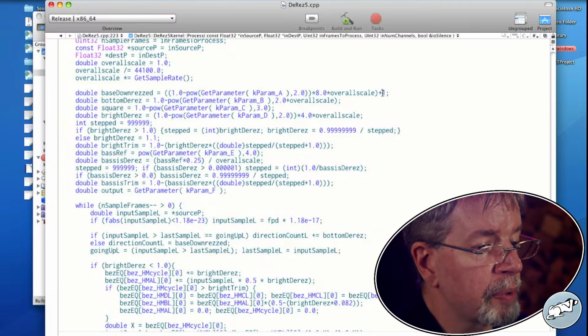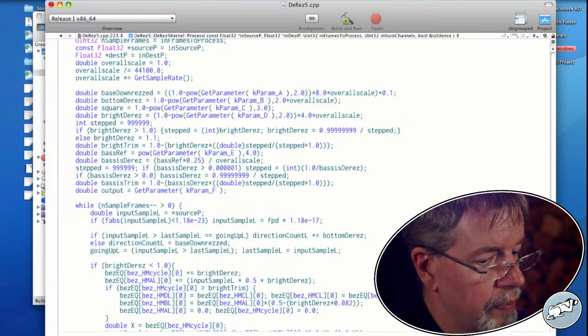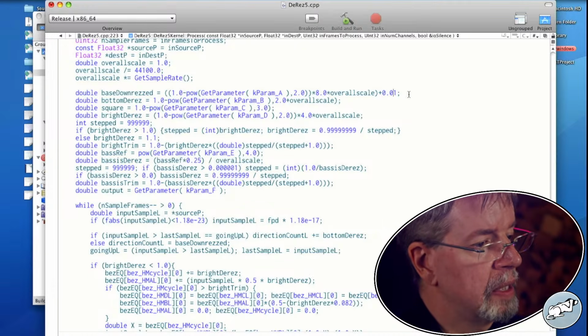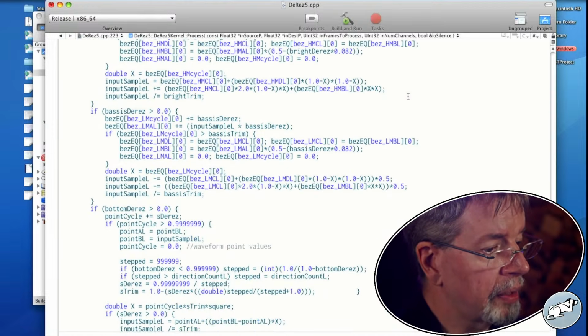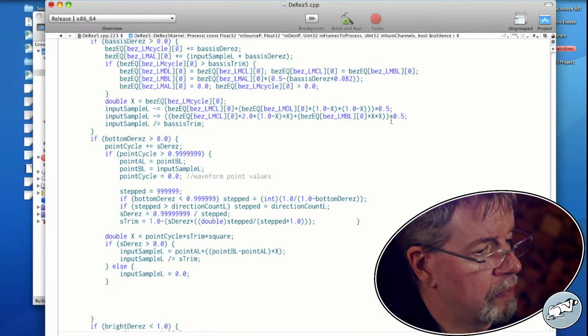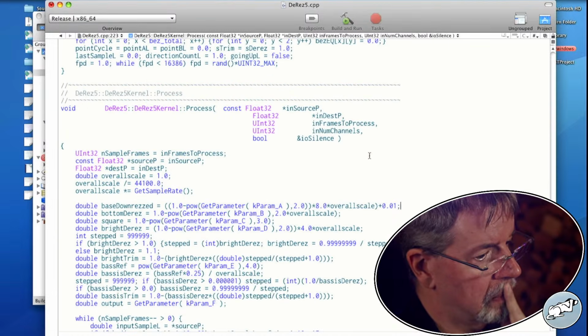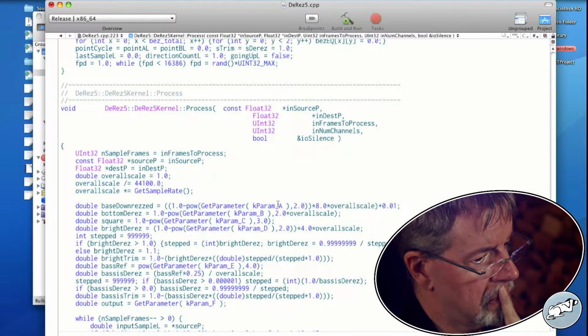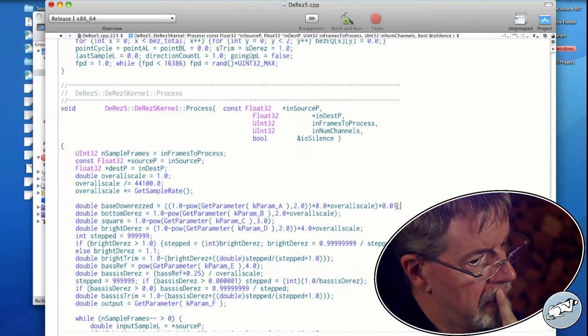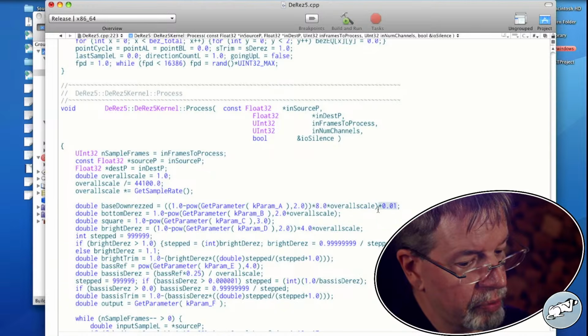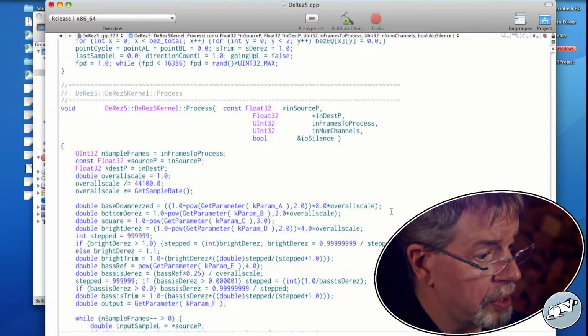Well, one of the things I was going to play with was this. So we can have it be at 0, or nearly.